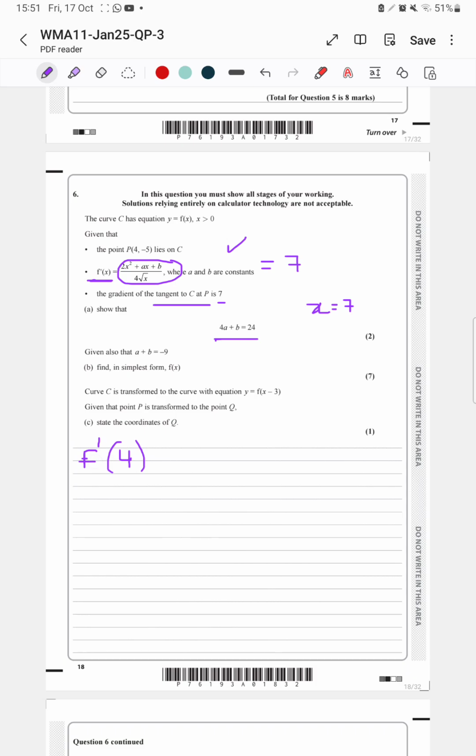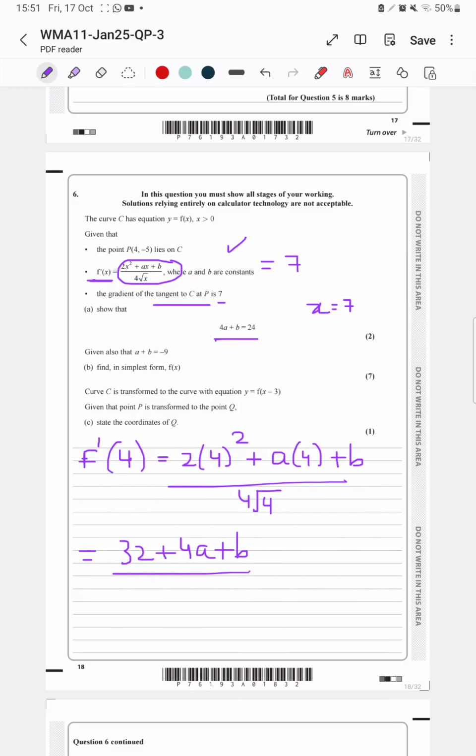So f dash 4 I can find out. It will be (2 times 4 squared plus a times 4 plus b) divided by 4 root 4. So that is equal to (32 plus 4a plus b) divided by 4 times square root of 4, which is 8. So this we got as 4 plus a over 2 plus b over 8, and this thing is given as